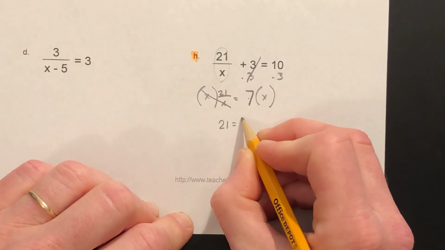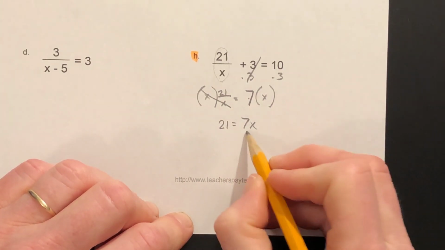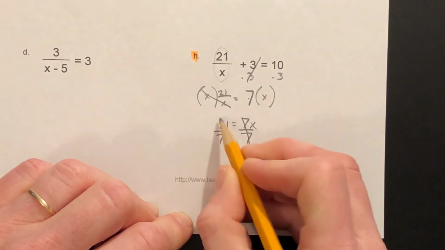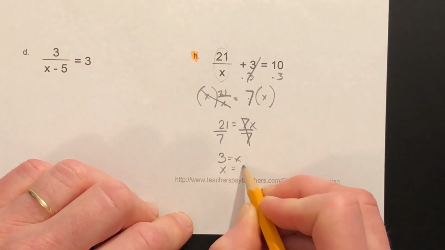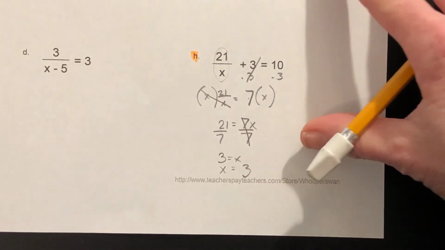7 times x is 7x. Now to isolate just the x, I divide both sides by 7. Then I get 3 equals x, and x equals 3. That, my dear, is our